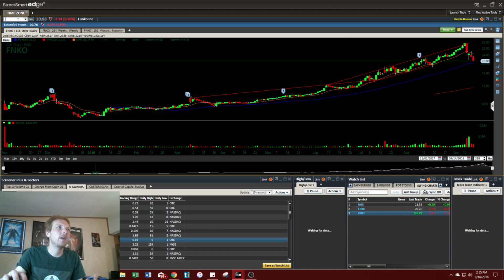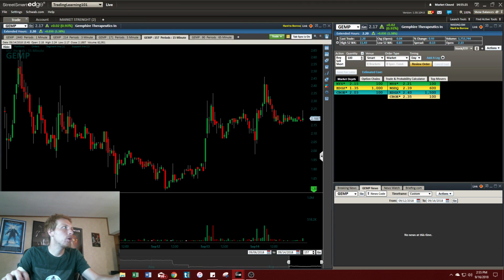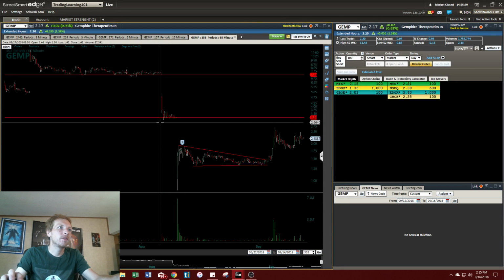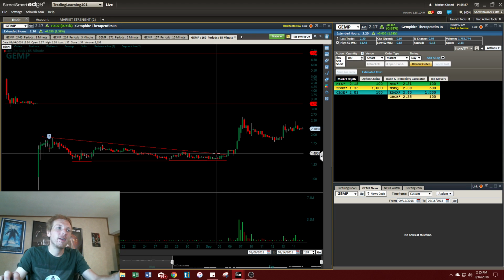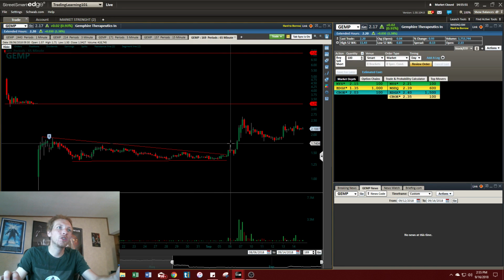One of them was GEMP. Let me show you real quick. We literally last week did technical analysis on GEMP, like on Saturday. And Monday comes up and it broke out of this, well, this was Friday. It was in this wedge right here and getting tighter and tighter, and then it finally broke out of this wedge